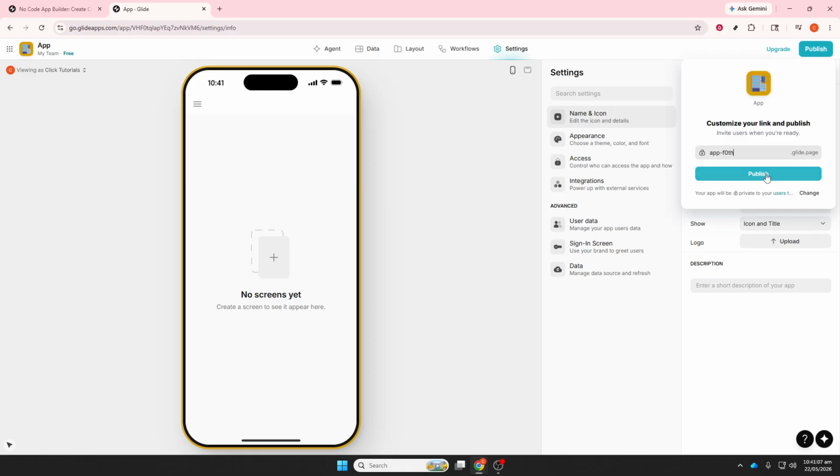Use the live mobile and desktop preview to see exactly what users will experience. Test every button, form, and workflow thoroughly before you publish. When everything looks right, click Publish to make your app live. Finally,